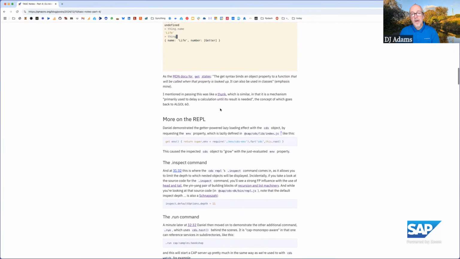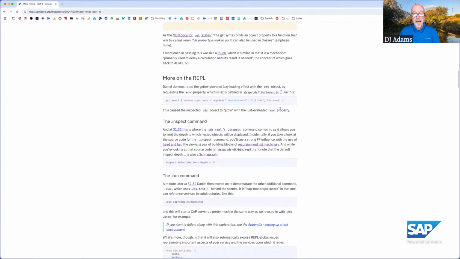And by the way, I also mentioned it was a bit like a thunk, which is like this calculation that gets passed around and not evaluated until its result really is needed, which goes back to ALGOL, right? Which I think we mentioned in a previous part as well. Anyway,